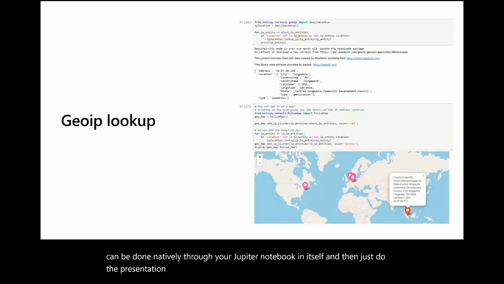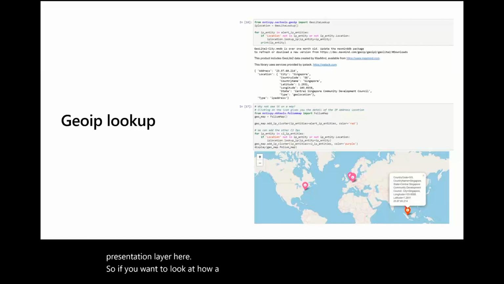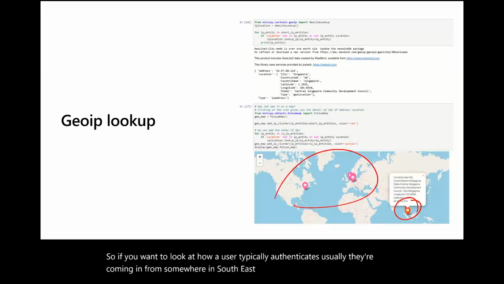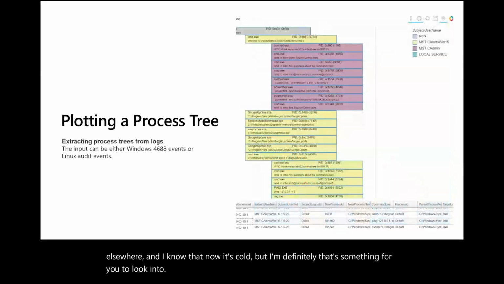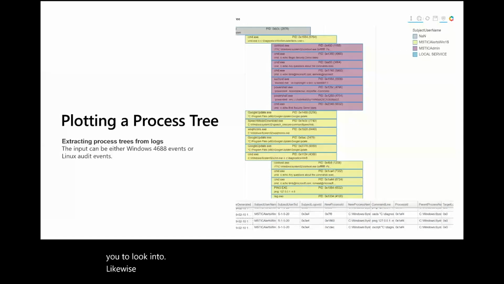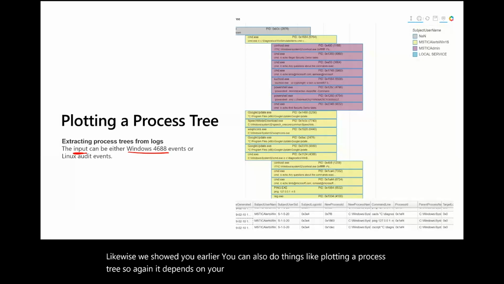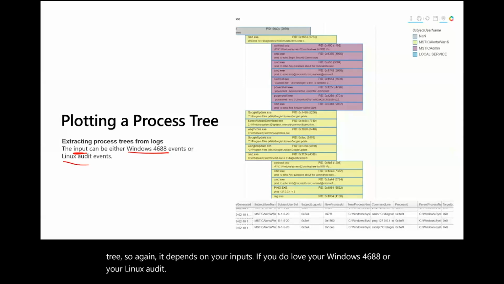So if you want to look at how a user typically authenticates, usually they're coming in from somewhere in Southeast Asia. Suddenly I'm seeing traffic elsewhere, and I know that now it's COVID time. Definitely that's something for you to look into. Likewise, we showed you earlier, you can also do things like plotting your process tree. So again, it depends on your inputs. If you do log your Windows 4688 or your Linux audit events, then you can also